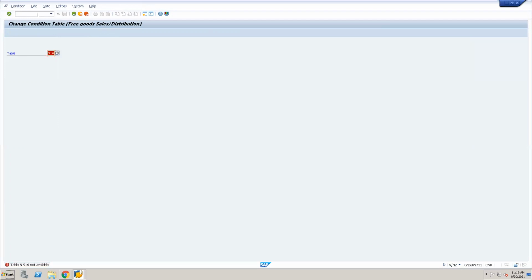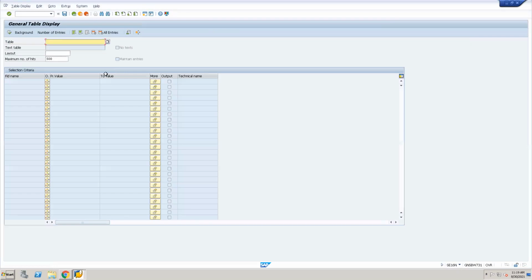So let me check what tables are already available for free goods. For pricing it was N and for pricing it was A, so let's check with N star.